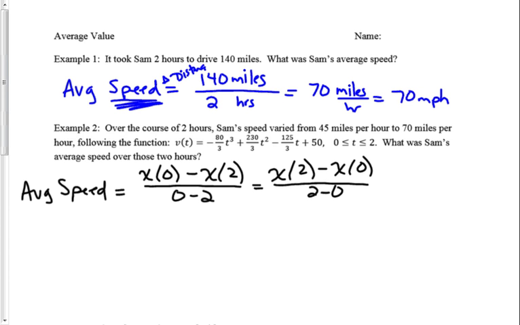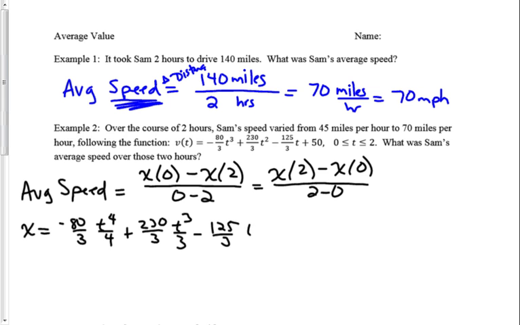So let's figure out what x is. x is going to be the antiderivative of v, which is negative 80 over 3 t to the fourth over 4 plus 230 over 3 t cubed over 3 minus 125 over 3 t squared over 2 plus 50 t